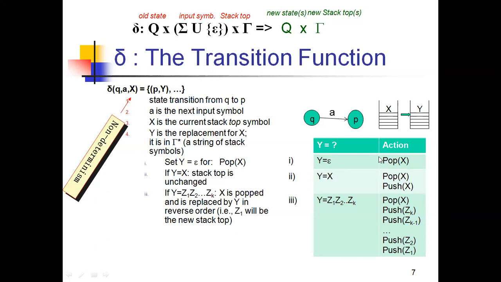Just performing the pop and push operations on the stack. So whenever x and y are equivalent, the stack top is unchanged. If you pop x, then again you need to push x. Right. So we can call this the transition mapping function, the transition function delta for the PDA. This defines the overall PDA rules. It is the most important thing. If you know this delta well, then it is very easy to do the push and pop operations.